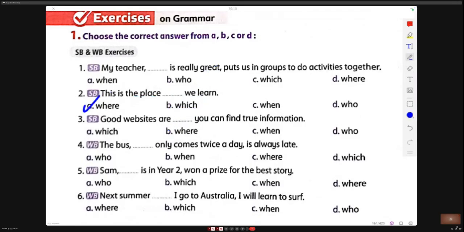Where is correct, but is which correct or not? This is a place dash we learn. If we use which, we will say "in which we learn," or maybe as a place, at or in. Okay. Number four, Luigi.